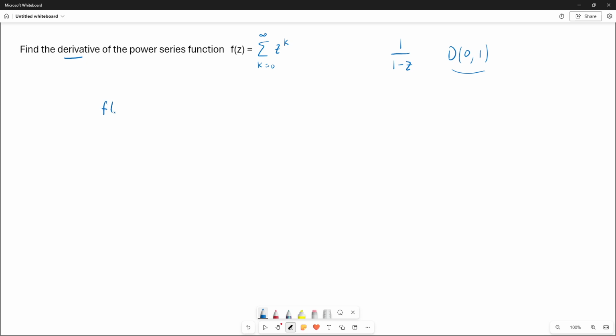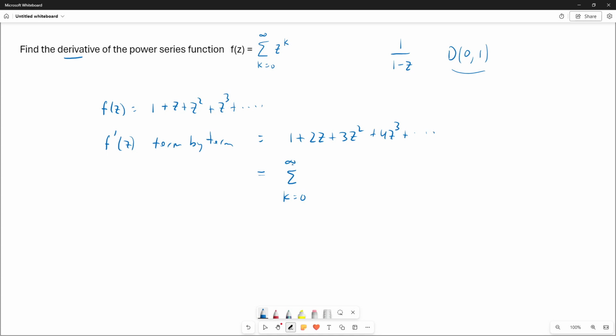So we can write this out longhand. If k is 0, z to the 0 is 1, plus z squared, plus z cubed, etc. And so the derivative can be calculated term by term, and it will be 0 plus 1 plus 2z plus 3z squared plus 4z cubed, etc., which we can put back in the form summation k equals 0 to infinity of, it looks like we have,